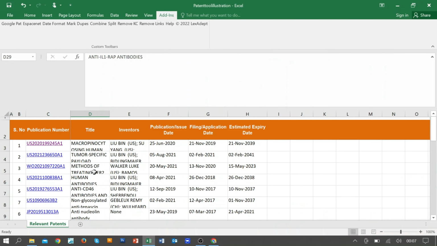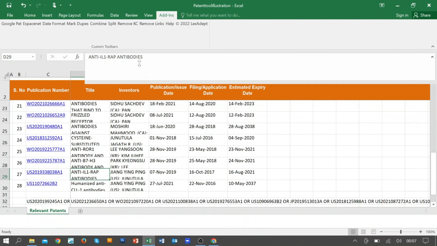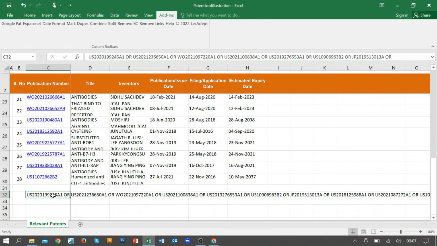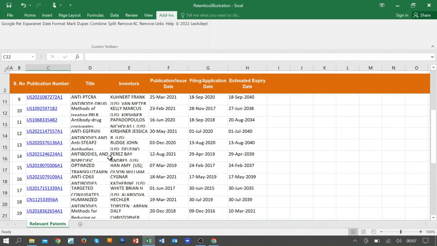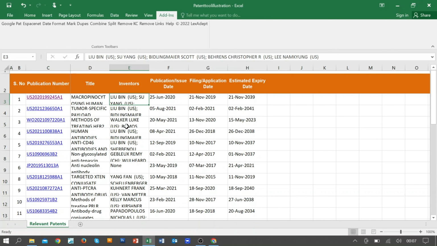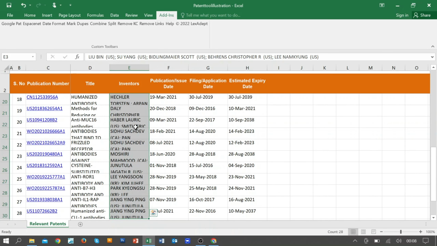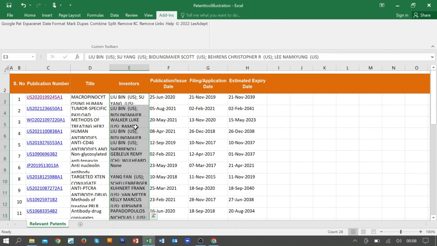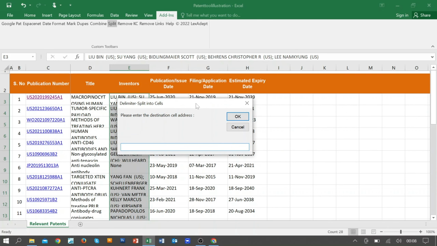So let's move on to the next menu. The next menu is for splitting the combined values. Here I am using this inventor column for the demo, which has values split with a semicolon. I am selecting the whole column and then using the split menu. It will ask for the destination cell address, so I am giving the address as I3,